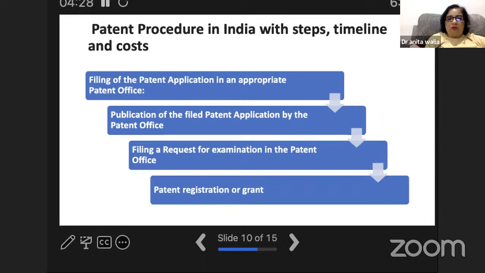This process is required so that any third party can oppose and say, no, this is my work and somebody has cheated me, or taken my work and is representing it as their work. This publication is available for all.